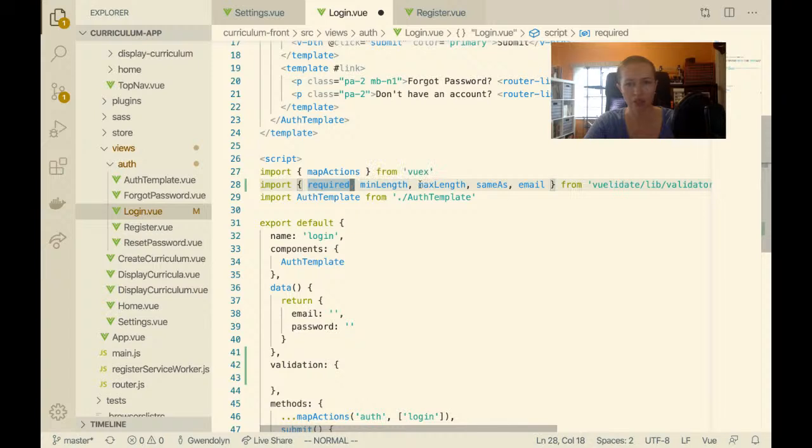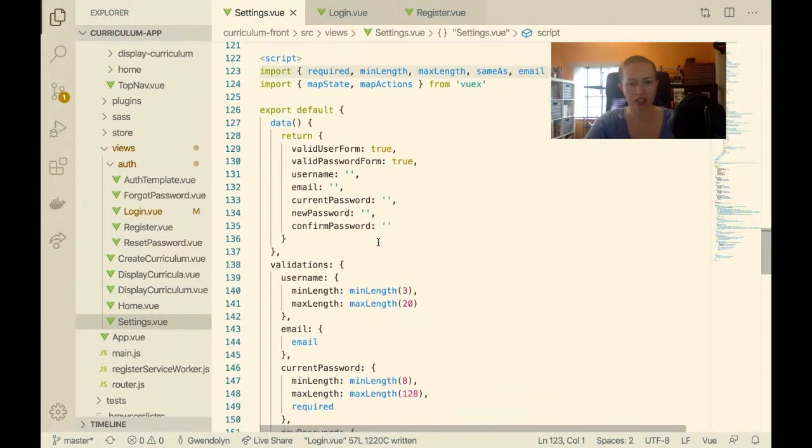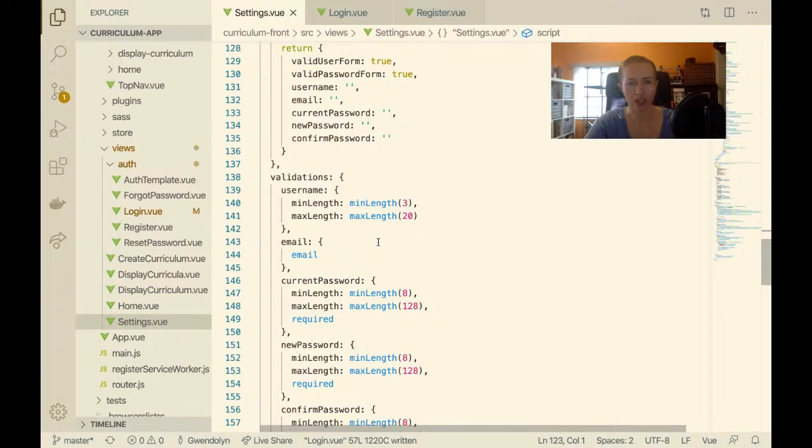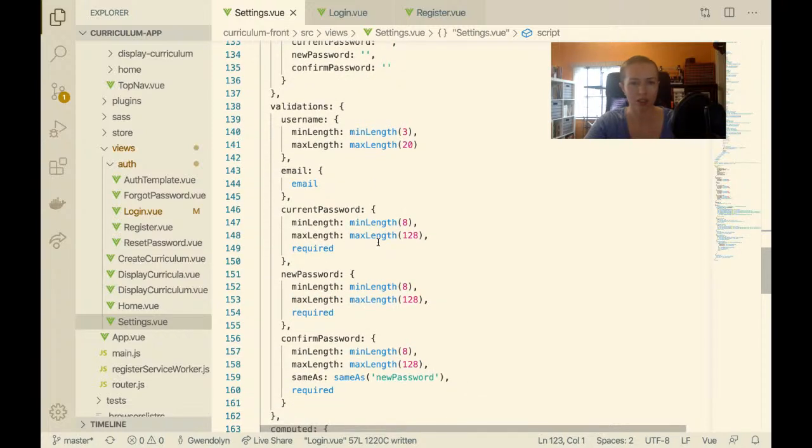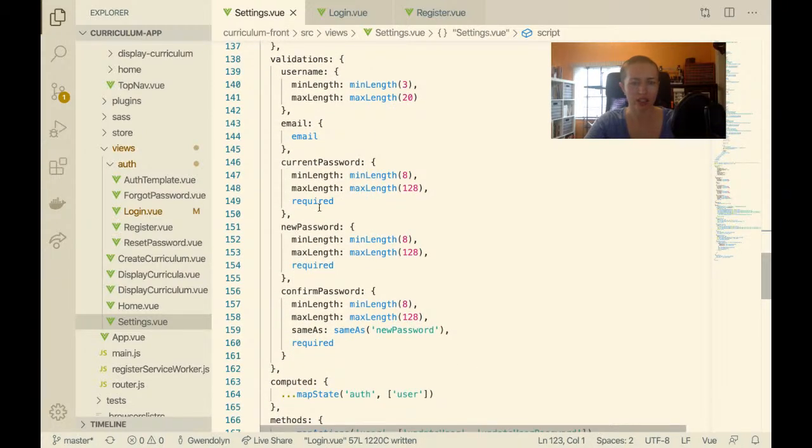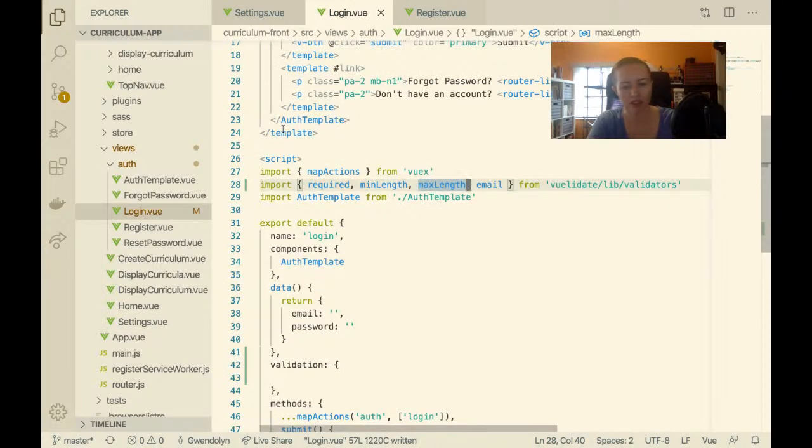I can set min and max length, and I don't need the same as. I still need email, so that's okay. And then from settings, I'll have to copy the validation objects. So I'll need, in this case, just one password and email. That's it. So I'll come down here and